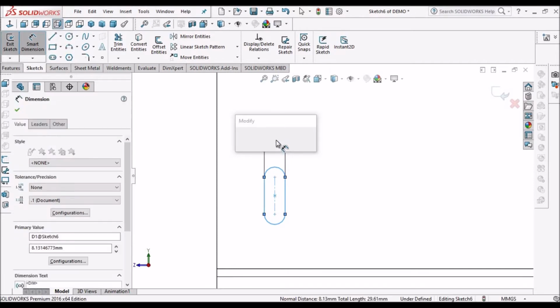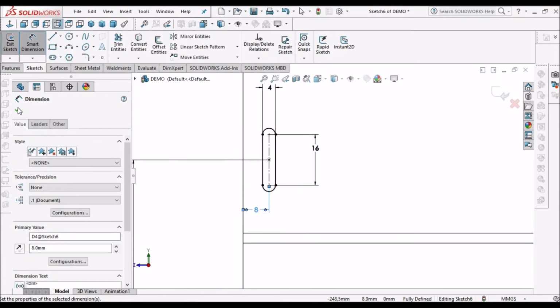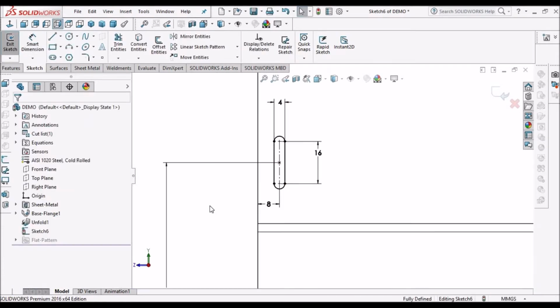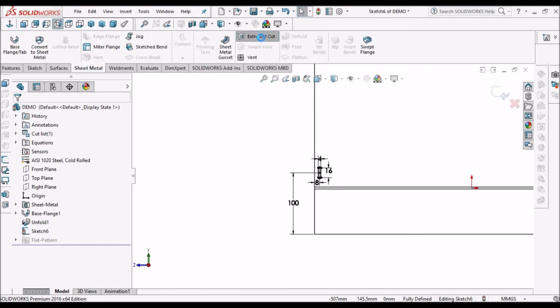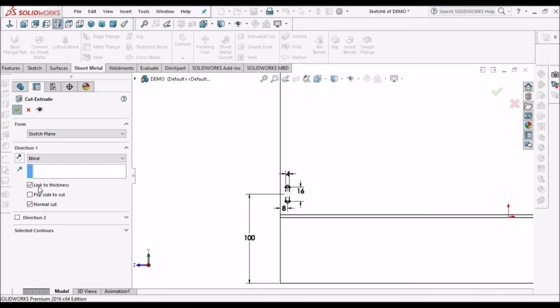This is 4. This is 8. Now go to sheet metal, select extruded cut. Here we have to link to thickness and normal to cut.